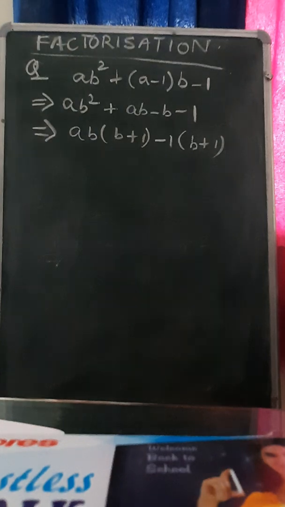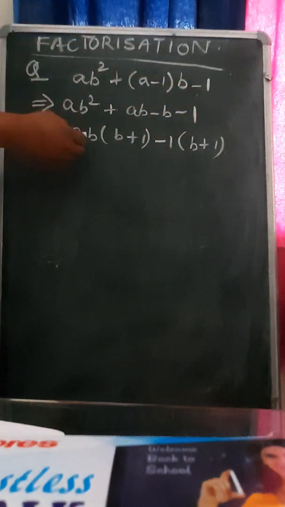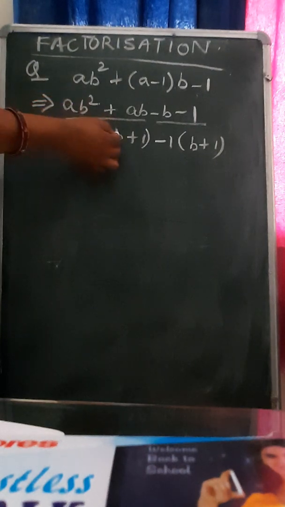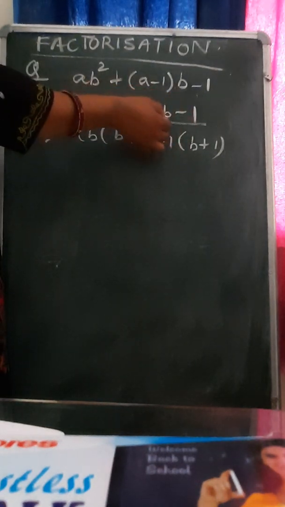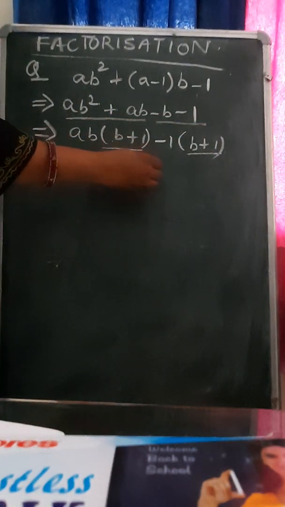Again this question is like this, children: ab square plus (a minus 1)(b minus 1). So first of all we open this bracket. So here it is ab square, I make it remain over there, then ab minus b minus 1, and then I take the pair of 2. So here I can take common b, so there is in the bracket ab and here 1 will remain. Similarly there is no common term, so I will take minus 1 common, so b and 1. So this can be written as (b plus 1) common from both the terms, so b plus 1 in one bracket and the other bracket ab minus 1.